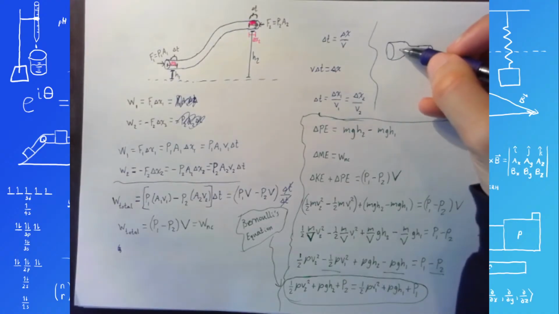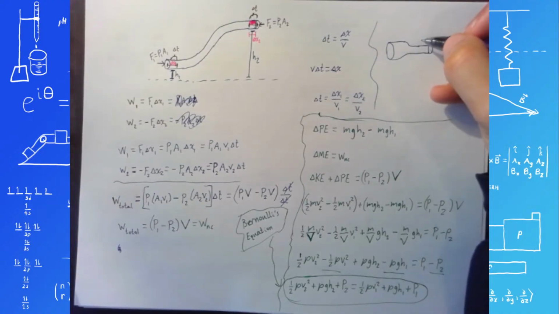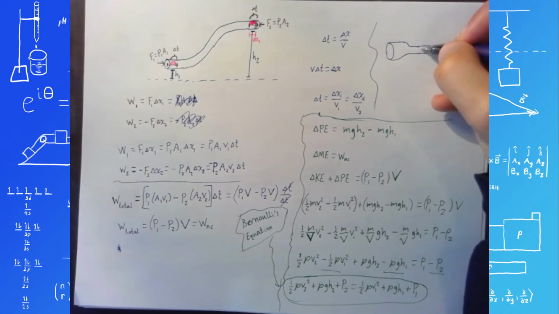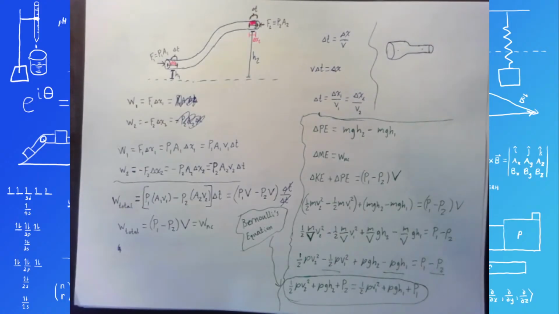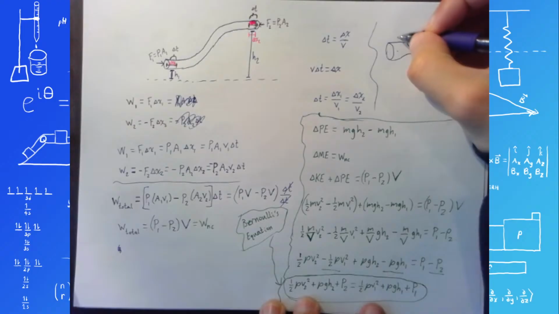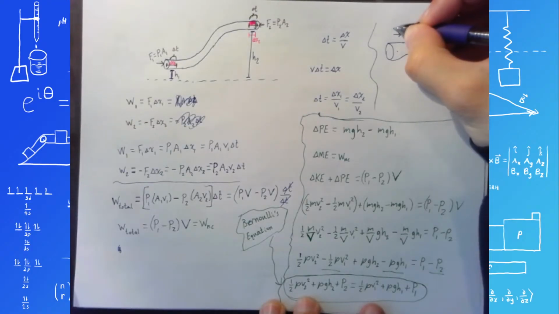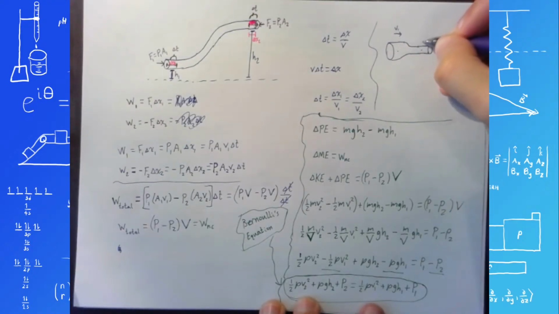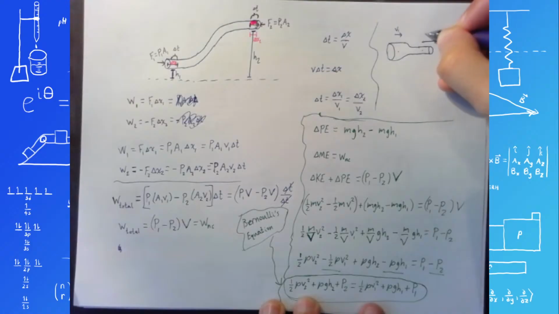Then what must happen, we know by the equation of continuity, is that the velocity here must be higher than the velocity here. So if over here we have v1 is some value, v2 is going to be a higher value over here,